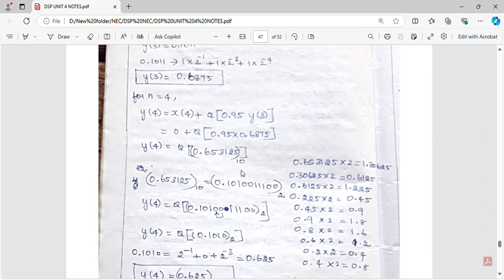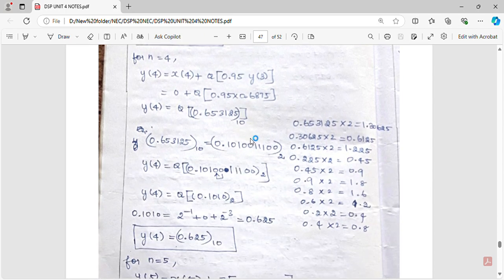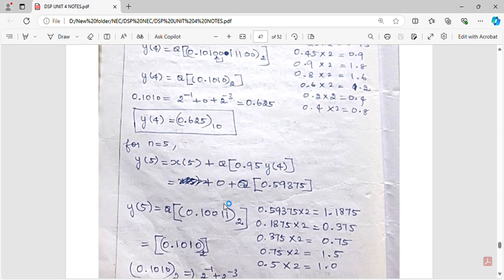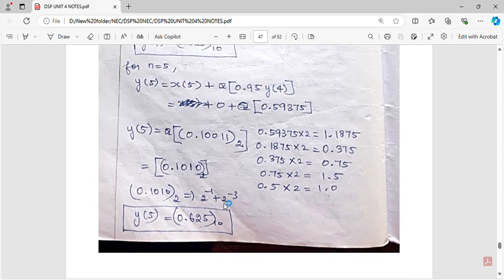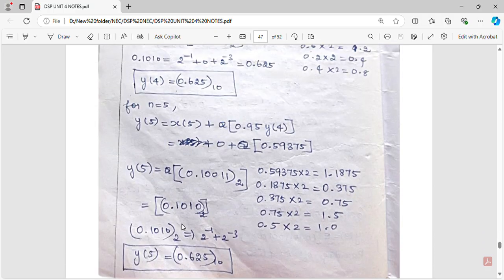y of 4 is 0.625. Sorry, y of 4 is 0.625 and y of 5 is also 0.625. So y of 4 and y of 5 are repeated. So up to that we have to calculate this value. Until then, after that we can stop this